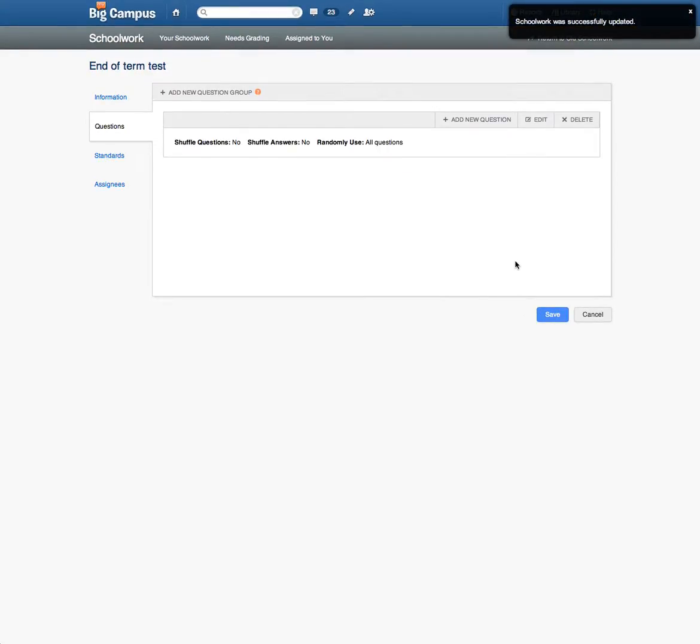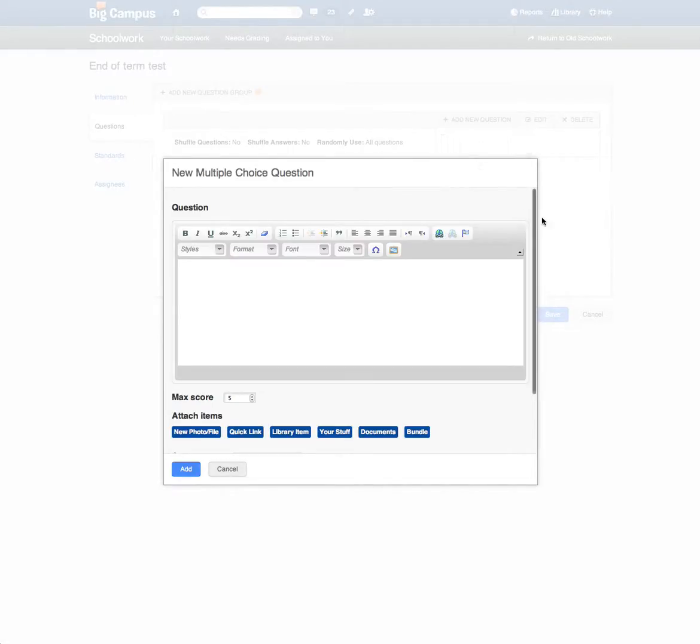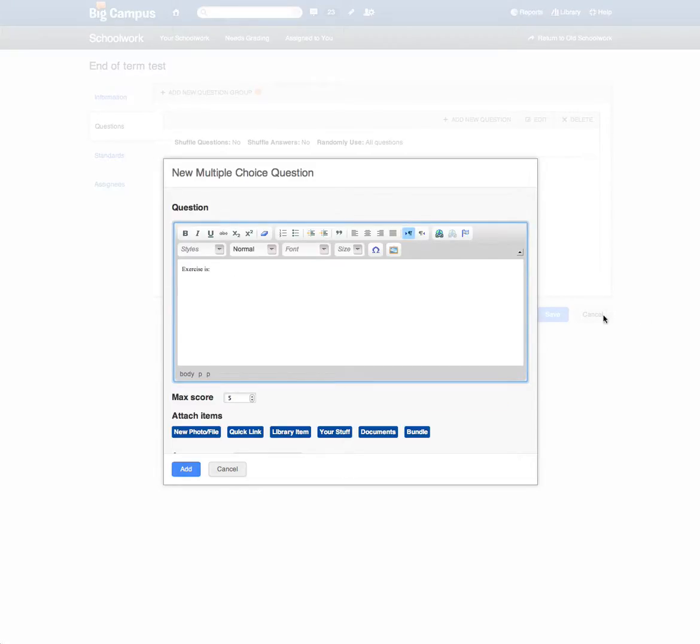Okay. As soon as I'm here, I'm going to add a new question, and again I can use the orange question marks to check that I come up with the right type, and it's going to be a multiple choice question. And just off the screen now I'm going to just cut and paste my question from another document. So my question is going to be very simply, exercise is, and I'm going to give 4 choices. It's only going to be worth 1 mark,